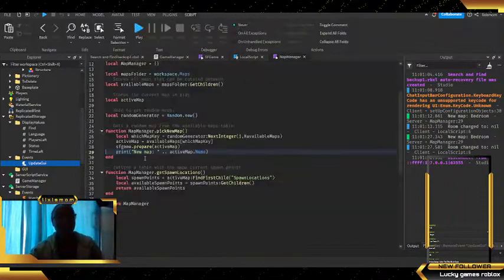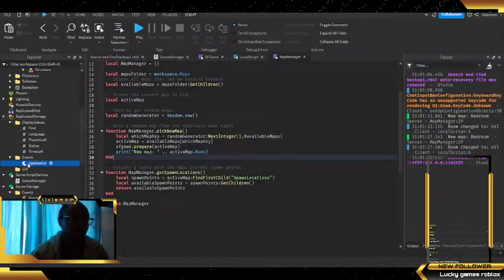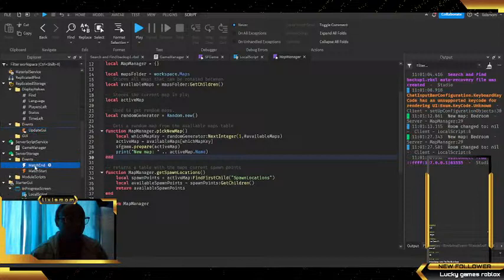We are perfectly fine. So being in the replicated storage is definitely what fixed this issue for that event. Those events in the server storage I find there, but for remote events, it did not work in the server storage unless I made a typo. I don't think so. Yeah, perfectly fine in replicated storage for remote events. So these are just other